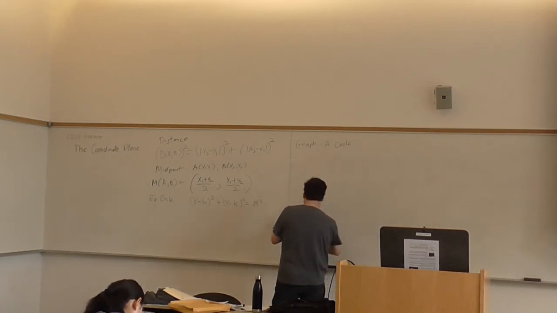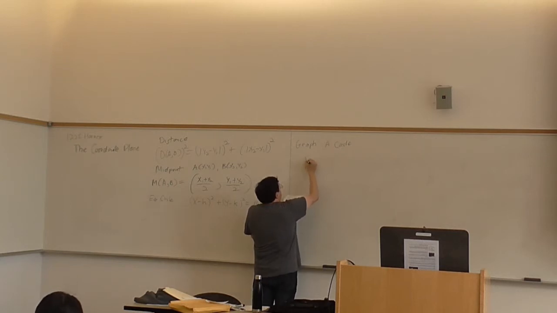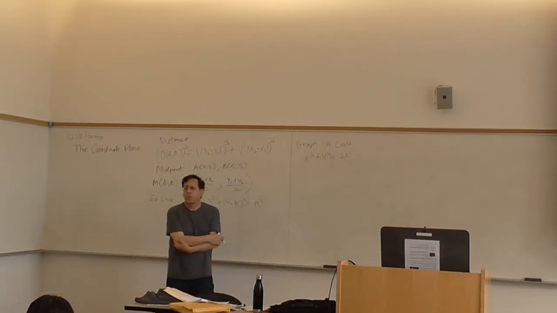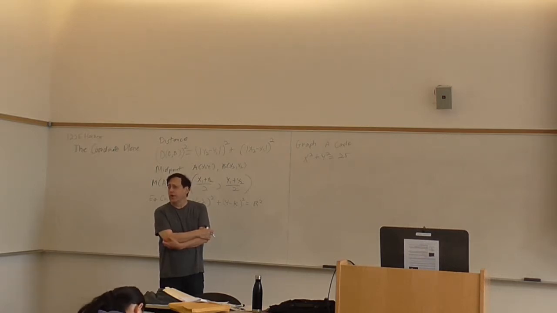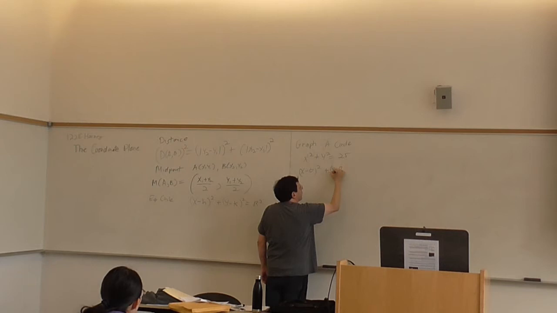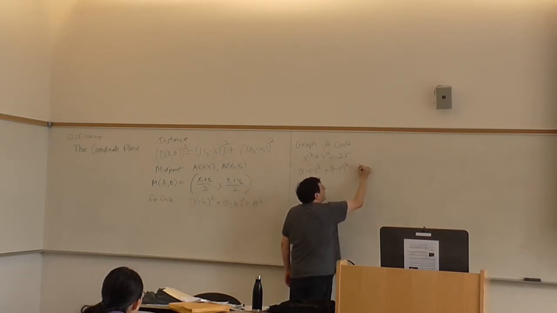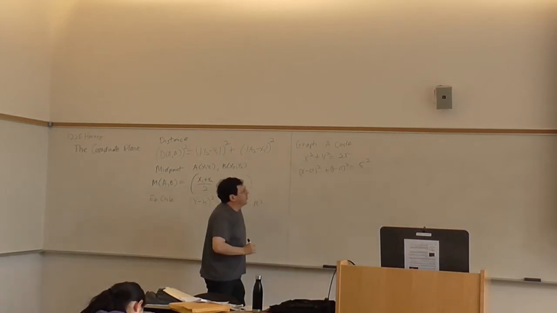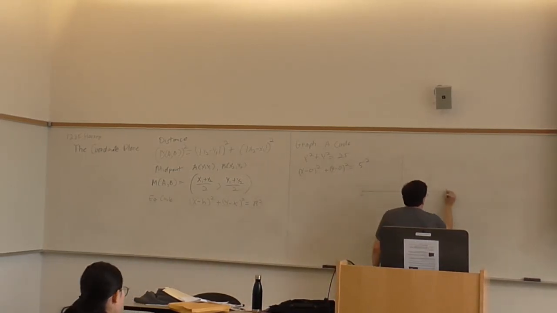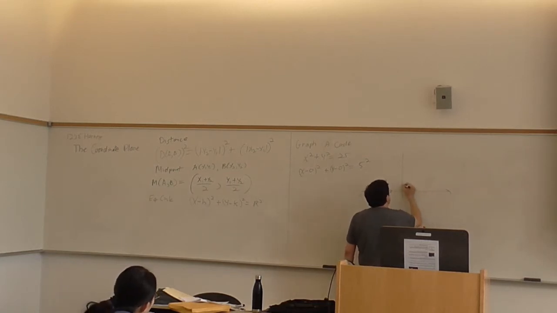And now let's look at a graphing problem. We have an equation x squared plus y squared equals 25. We want to graph that. So we want to know where the center is and what the radius is. Well, this is of course (x minus 0) squared plus (y minus 0) squared. And the square root of 25 is 5, so the radius is 5. The equation is 5 squared. So all we have to do to graph this is put our center at the origin and have our circle